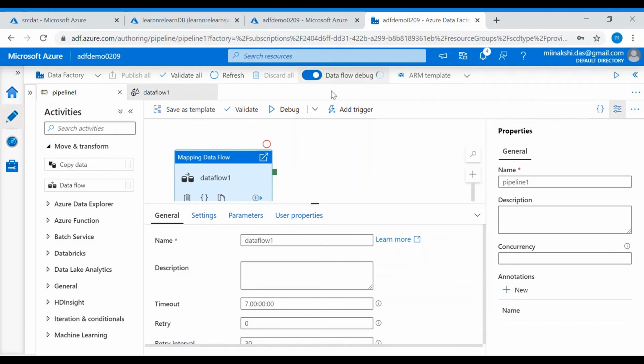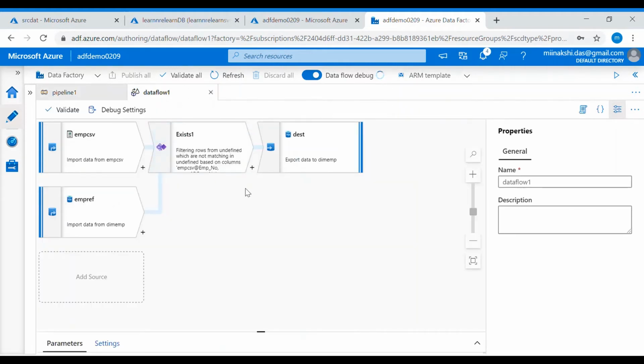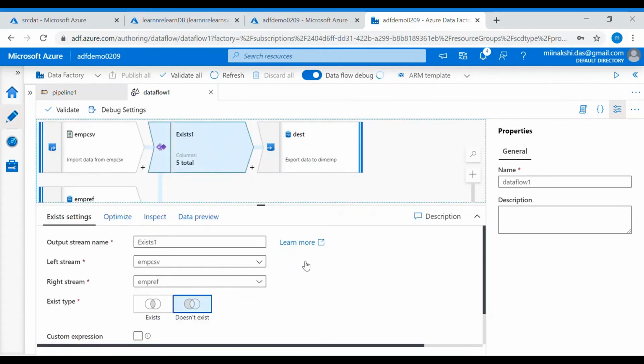Let's say my data flow debug is on and I am executing the pipeline, and while the pipeline is in the execute state, I click on this transformation. Below I can see the particular records or rows which have passed through this transformation. So it will be very easy for us to debug the data.